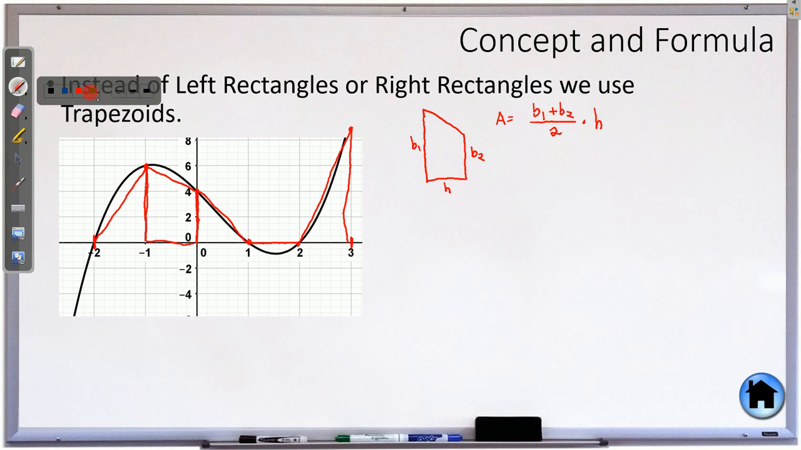So how are we going to translate that into our function? Well, base 1 is simply this y value, and base 2 is this y value. And so these are going to be our y values, and the height is this distance right here. That is the change in x, however wide your trapezoid is on your graph. And so if we want to take the integral from -2 to 3 of this function,